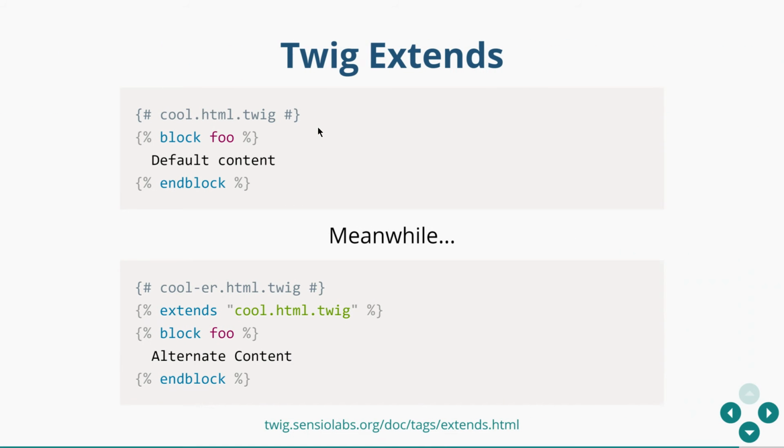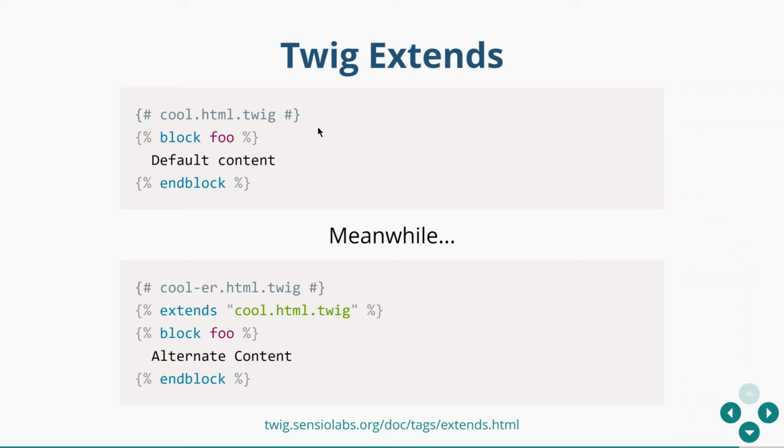So Twig extends. In Twigland, these are really necessary, really handy, because they're building generally custom applications. They don't have a lot of the stuff that we have by default, like our theme layer already has a lot of power. They don't necessarily have that, so they use this a lot. We may or may not. There is some of this in core, and one of the talks earlier today mentioned that he was liking the idea of using this. I'm kind of skeptical, but basically what it does, let's say you have a template cool.html.twig,